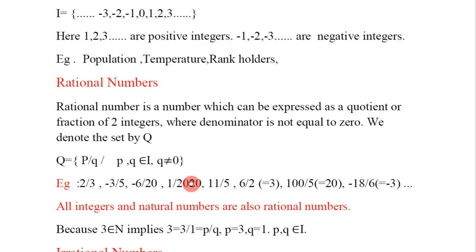For example, as I told in the beginning, the height of a person may not be an integer. For example, the height of a person is 5 feet 6 inches. That means it is 5.5 feet. So 5.5 means 5.5 feet, or we can write it as 5 1 by 2. In fraction form, it is 11 by 2. So it is a number of this type. If you say it in feet, it is the fraction 11 by 2, 5.5 feet. It is not an integer, so that is an example of a rational number.